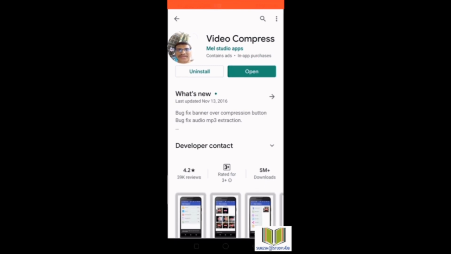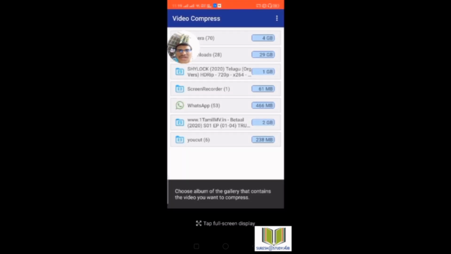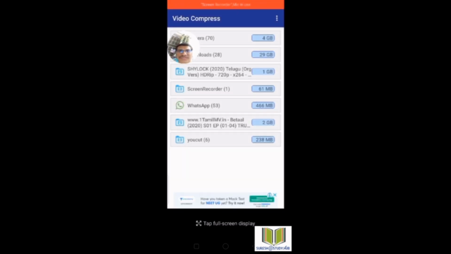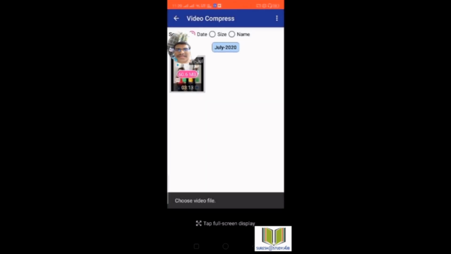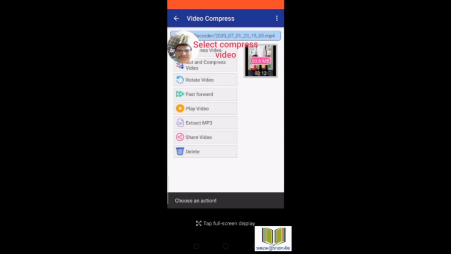So just go to open. Go to whichever file you want to compress. As it is there in the screen recorder app, it is of 61 MB, so I will select that one. Next, this one is my video, so I will select that particular video, the compressed video.